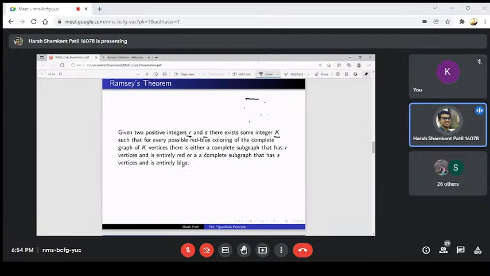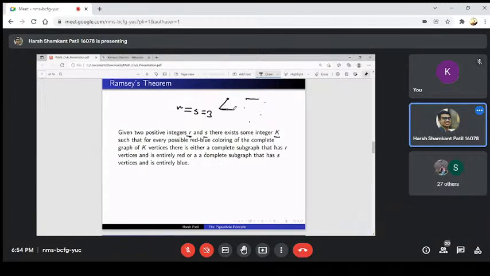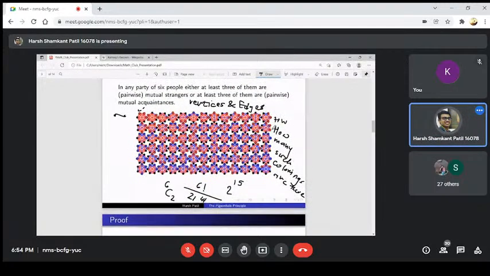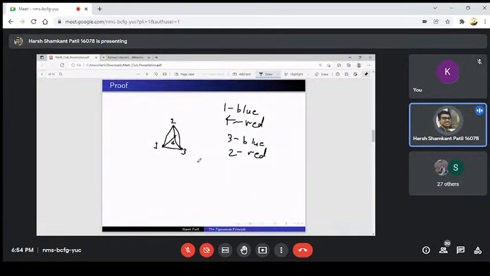So what we had was the special case r equals s equals 3 here. And the complete graph on 3 vertices is nothing but a triangle. So notice that if we took, instead of 6, we took 5 here, let's say, then it wouldn't work. Why? Because